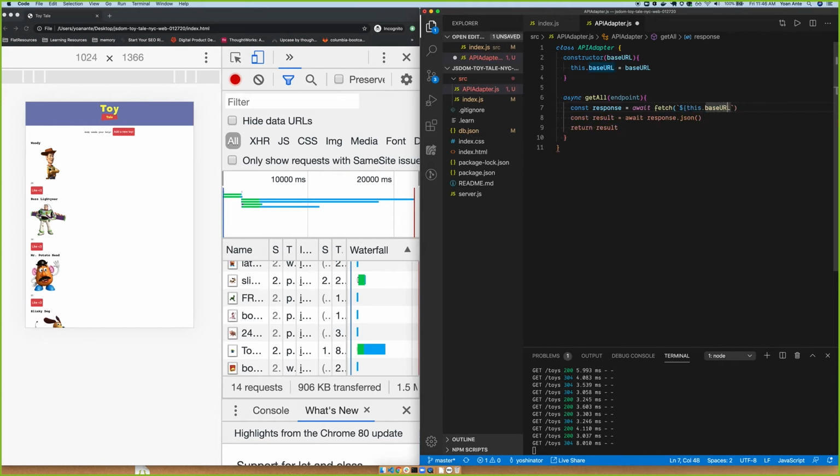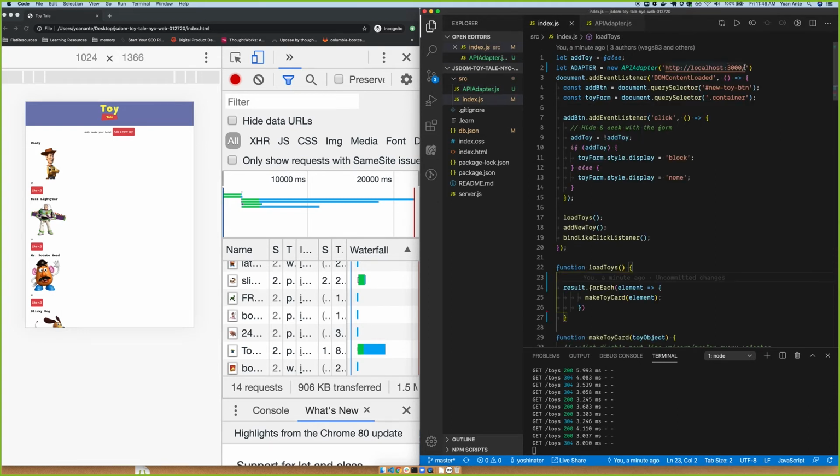And we're going to do... actually, I don't need the forward slash. I just need endpoint. Okay, and I don't need the forward slash because I put it in the way that I initialize it right here. Localhost 3000 with the forward slash. Okay, so now